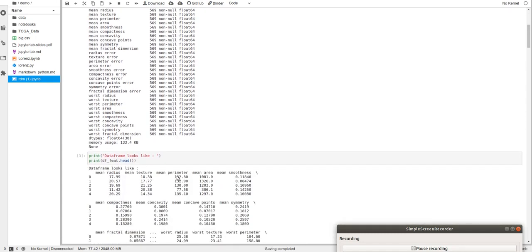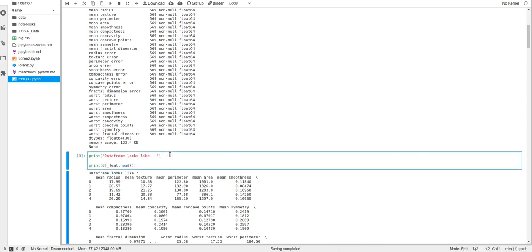Now, if we want to look at our data frame, as my data set is vast, I need just 5 entries. So we use head here, or you can use describe also to get the data frame, right?